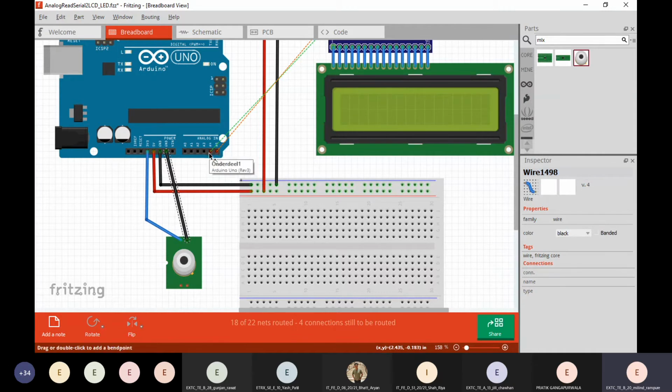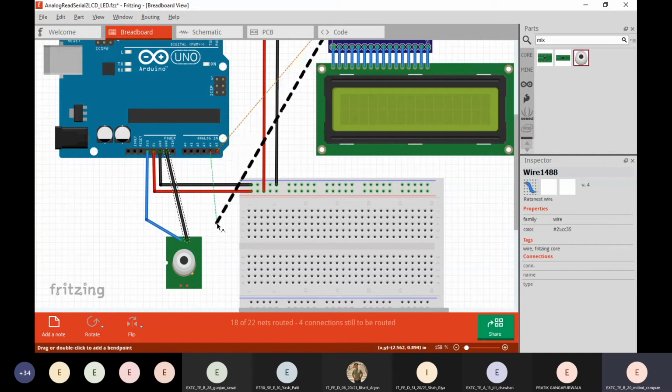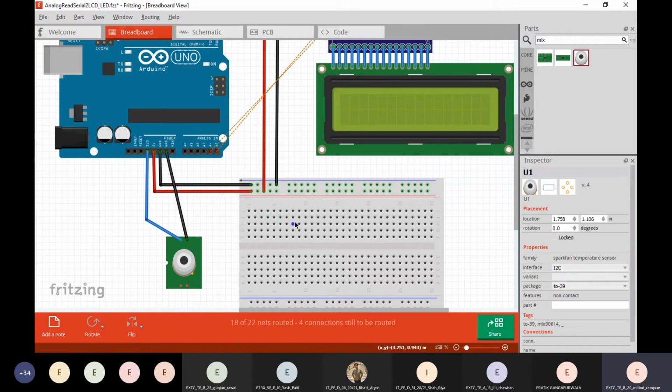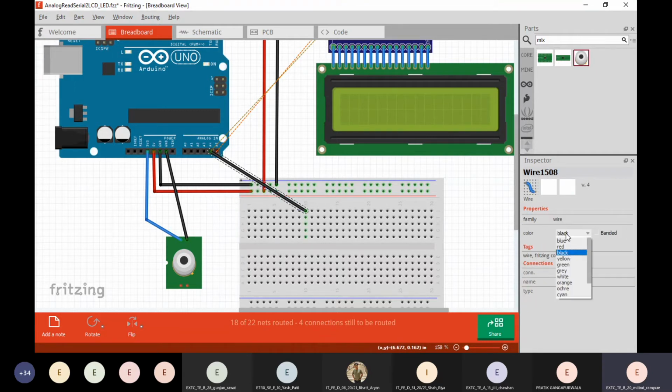So now we connect this A4 pin. Let me change it to blue.